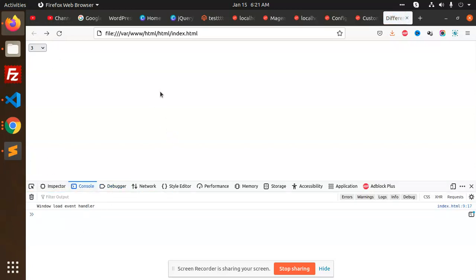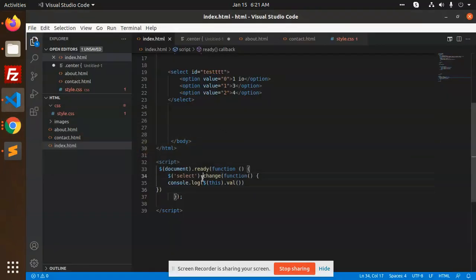Okay, this is gone. When I click on change, this function runs, so I get the value. So how am I going to do this? Let's check. Here I have added select on change value, console.log this value. So I'm using this. Let me make an alert,